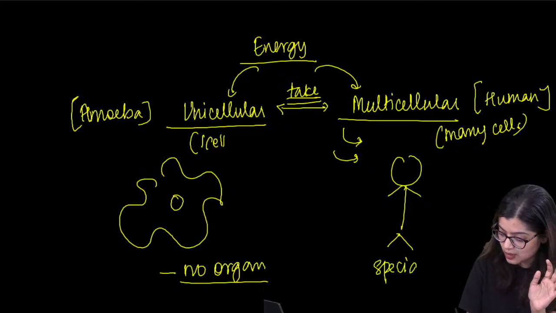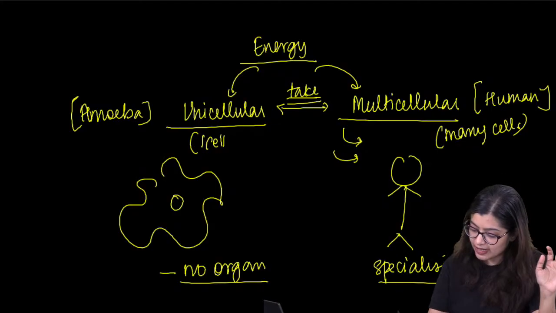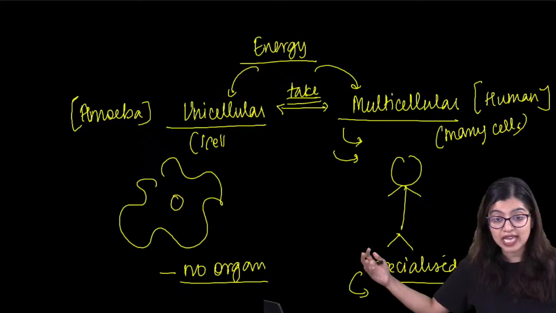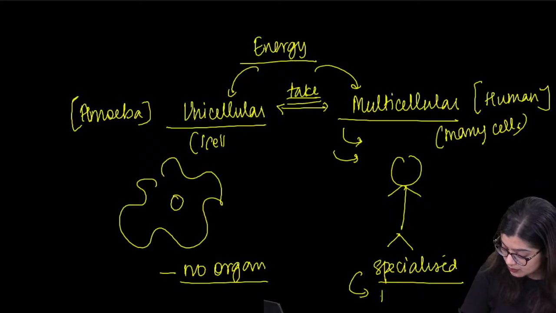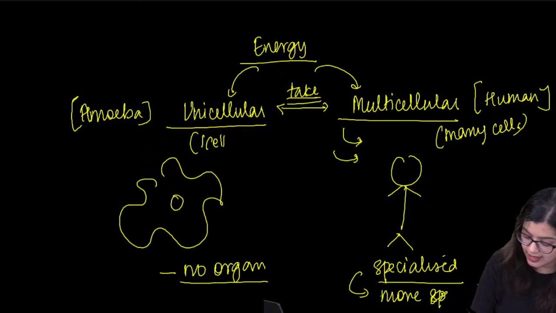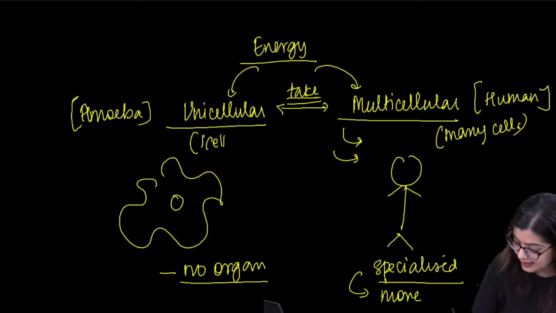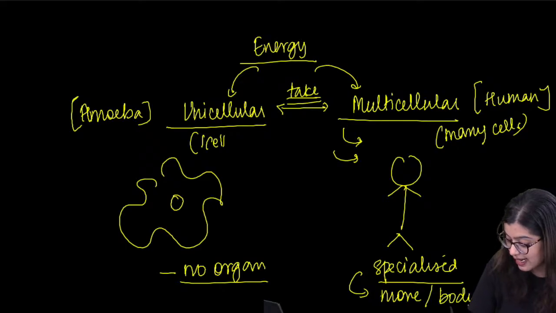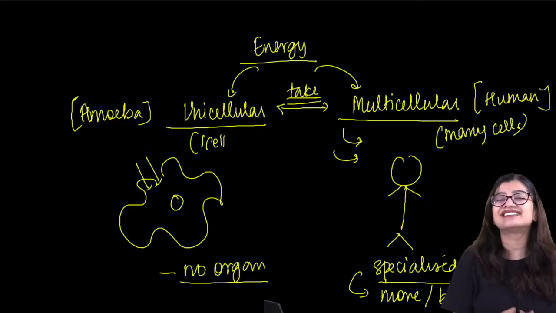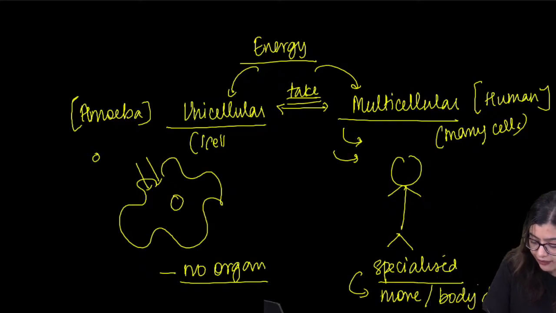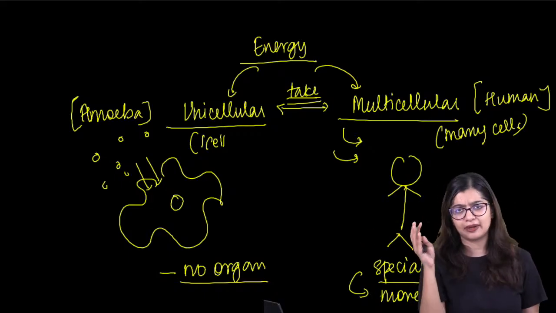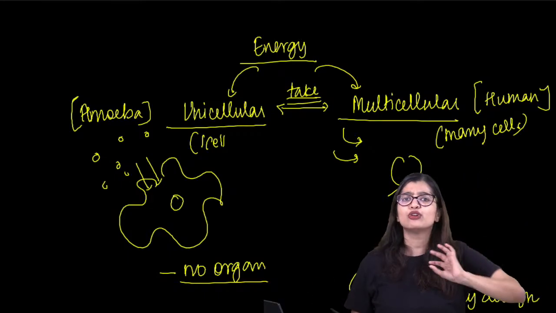While here we see that there are specialized organs, right? More cells means a more specialized, different body design. The body design is more complex, which is why in the unicellular case a process like simple diffusion works: if oxygen is available in greater amount outside, it will diffuse inside through the entire cell surface, right?